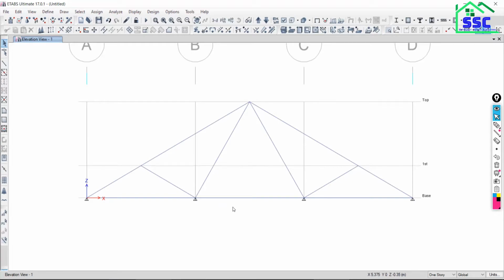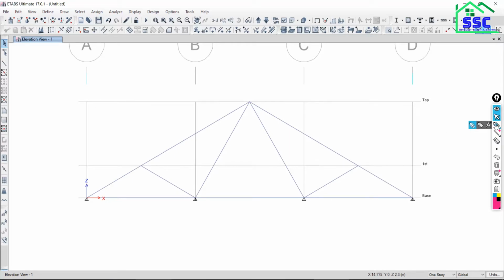By default, whenever you model something at the base level, it will directly give the support condition, and that support will be given by the ETABS software as a hinge support.